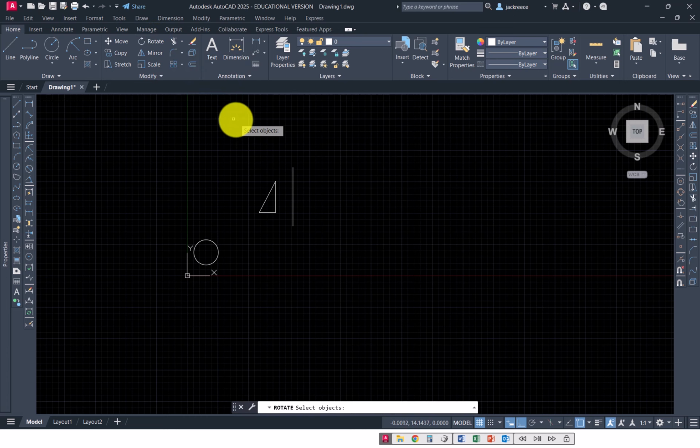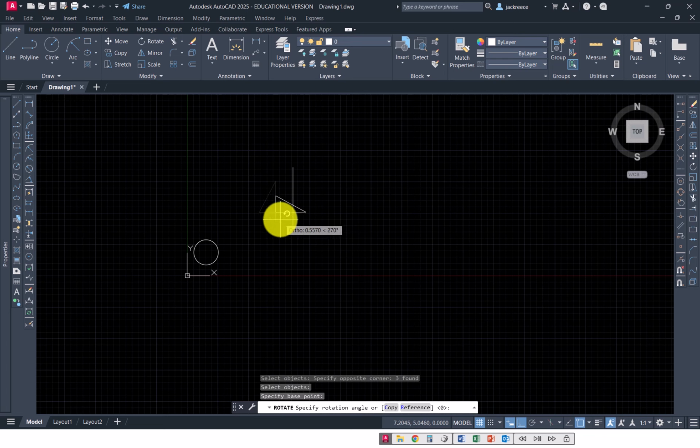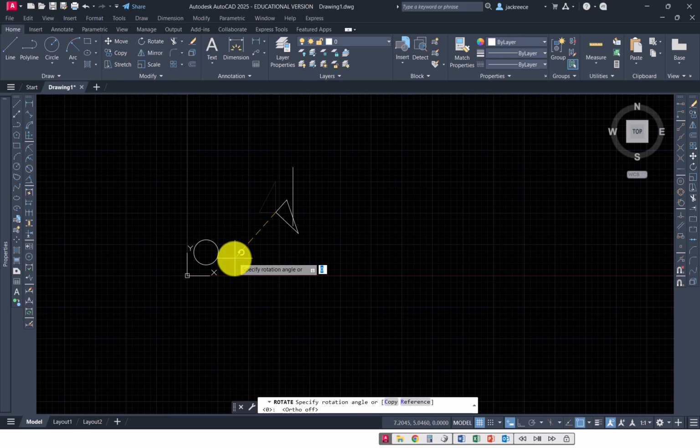Rotate is pretty easy. You select your object, and then a base point that you want to rotate it about. So I'm going to pick that corner. Because I've got ortho mode on, it constrains me to 90-degree rotations. So if I turn ortho off,